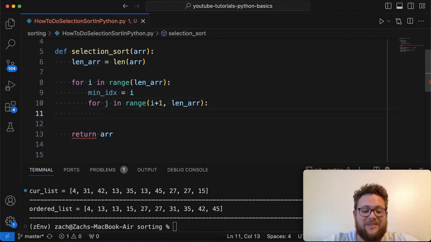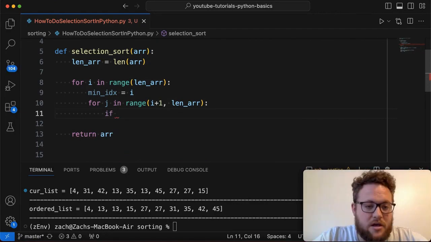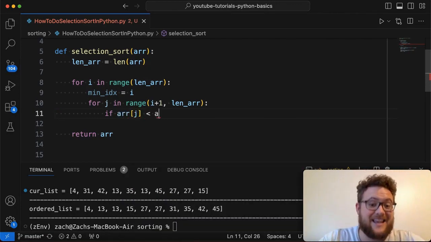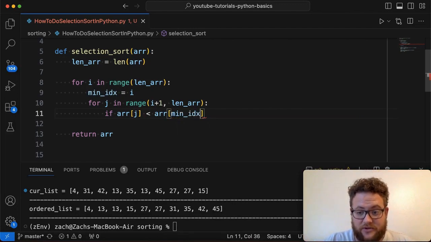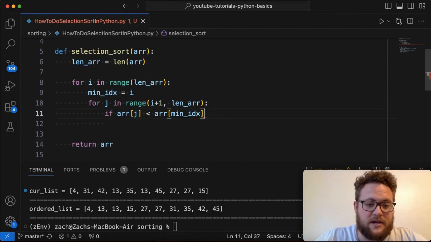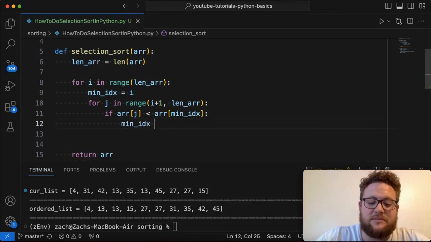But to do that, we also need to say, hey, if the array at the index of j is less than the array at the min index, right? Because we're assuming that the min index is the current position of i. Control Z. Oops, I need to put a colon. There we go. Then the min index is going to be equal to